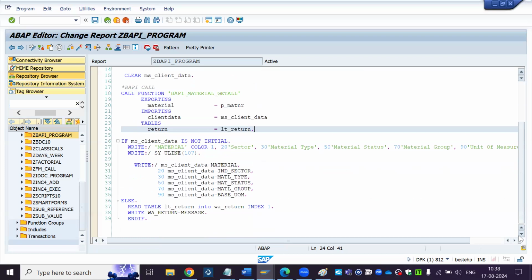This is about the standard BAPIs, and tomorrow we will